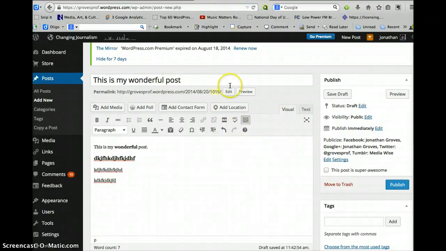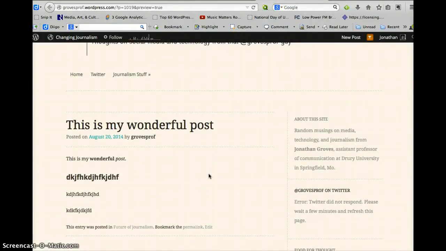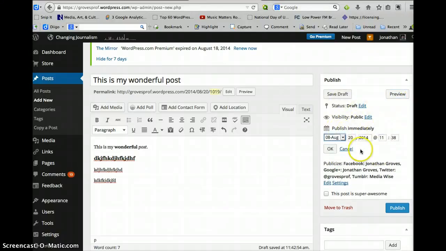And then once you're done with your post, you can either save the draft, you can preview what it looks like on your site. So this is what it looks like once it's actually on the page. And the beauty of preview is it doesn't go live, but it lets you see what it would look like on your particular site. And then the other function that is very important is this publish, where you can schedule